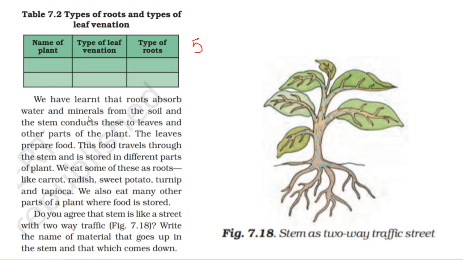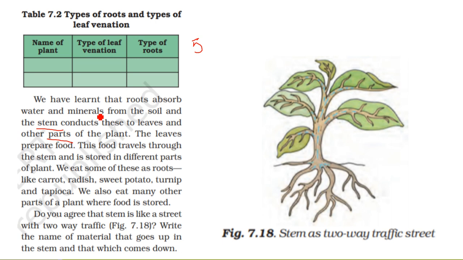Yes, we have learned that roots absorb water and minerals from the soil and the stem conducts these to the plant. This we already discussed in the last lecture. So the roots absorb water and minerals and your stem conducts food and water to different parts. So food is a different thing which is made by leaves, and water and minerals are different things which are absorbed